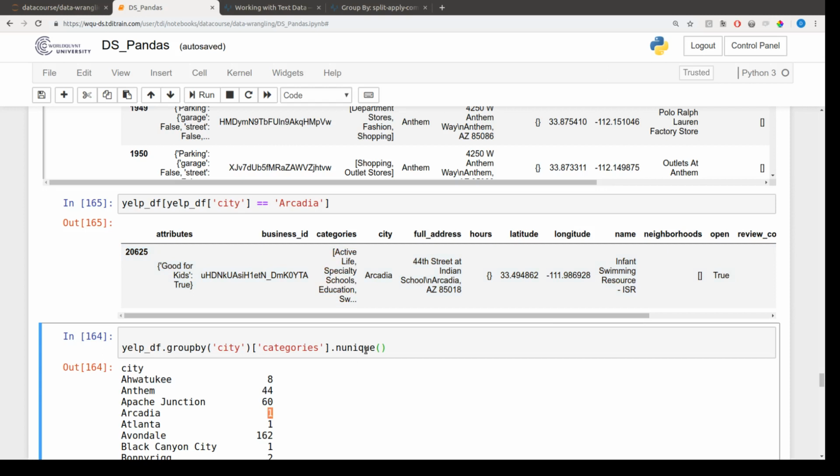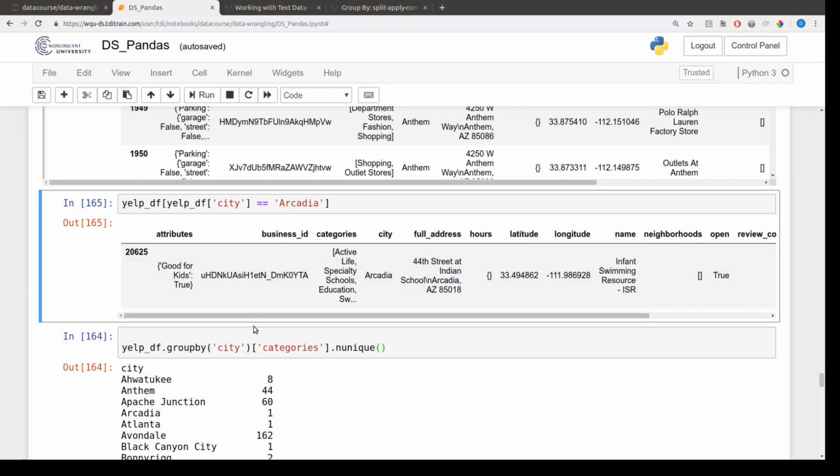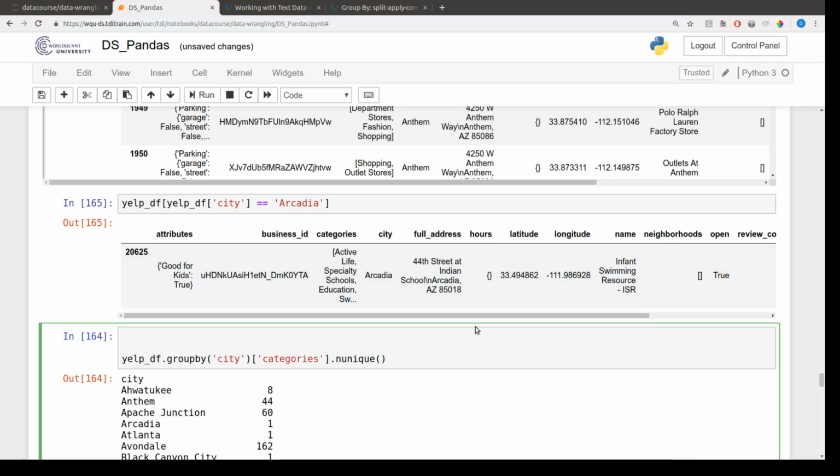But in our result, when we use n unique, it's getting counted as 1 because it's one unique list. So n unique here is going to compare the lists, but we want to compare the unique categories across all businesses. So we'll define a function, count categories,